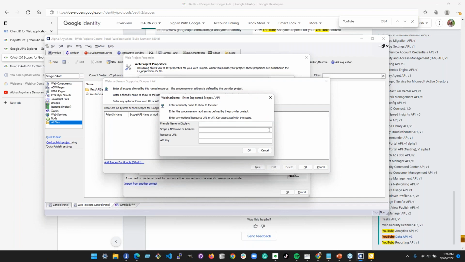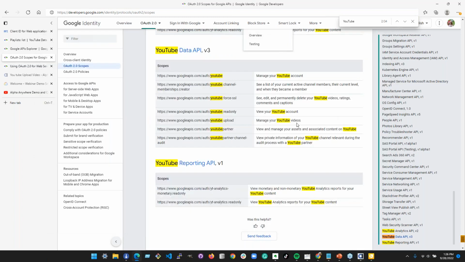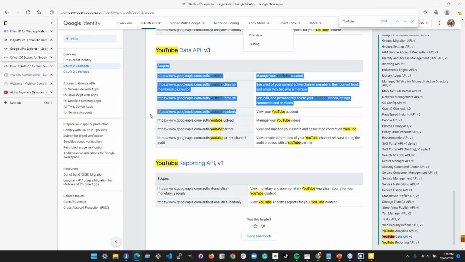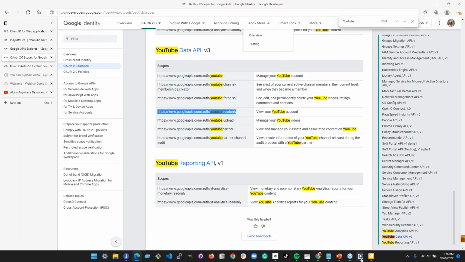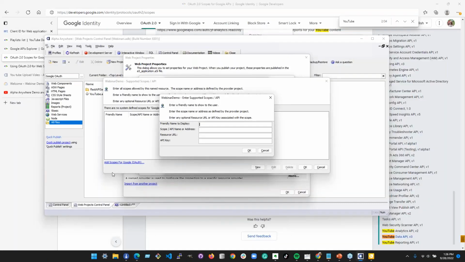So the friendly name to display is, let's do read only here. Let's copy this guy here. Normally there's a little thing that pops up here, and I'm not sure why it's not showing today. So this is the URL. There's the address. We'll just put it both in there, and we'll do YouTube read only.